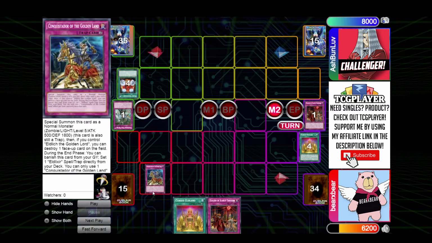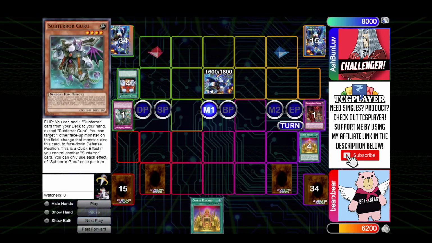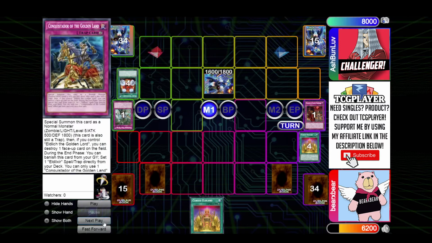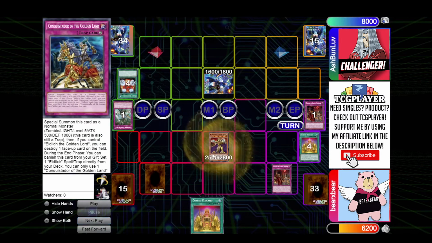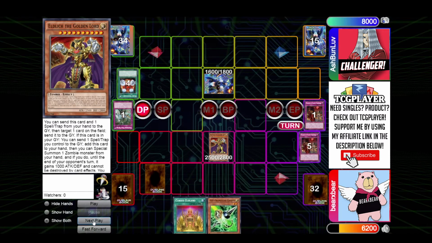I get to set myself a Conquistador, which is going to pop whatever he gets. If he gets the field spell, yeah, good luck. You're not searching off of that. So I'm setting Conquistador, setting Scarlet, and I am passing. Our opponent sets one face down, and that's it. In the end phase, we're going to activate Scarlet Sanguini, bring out our Golden Lord, and yeah, we're going to draw for turn. Now, we're just going to go straight into the battle phase, attack directly, and would you look